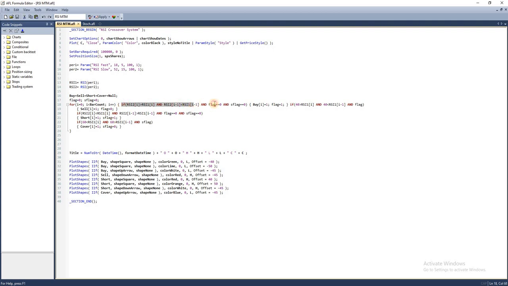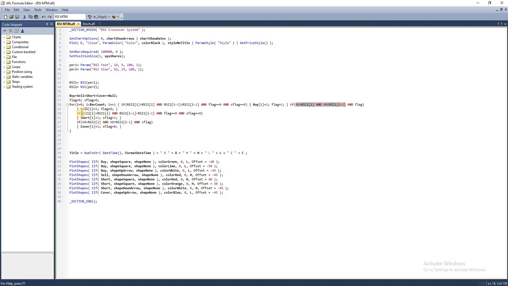And when it comes to the trade condition, we will go long when the short-term RSI crosses over the long-term RSI. So this if condition verifies whether the crossover is happening. And we will square off this long position when RSI falls below 40 level. This is validated using this particular if condition.